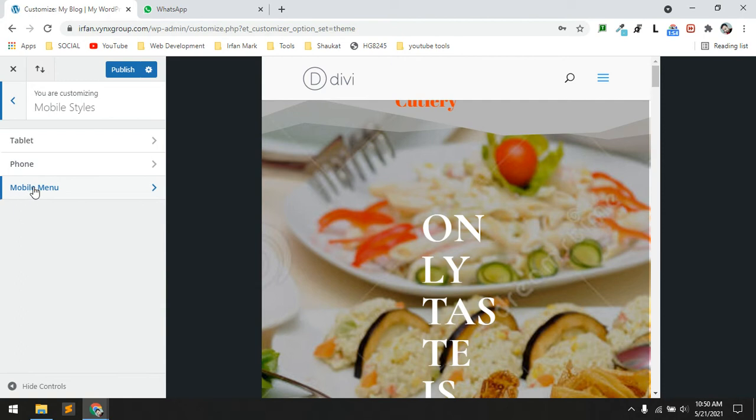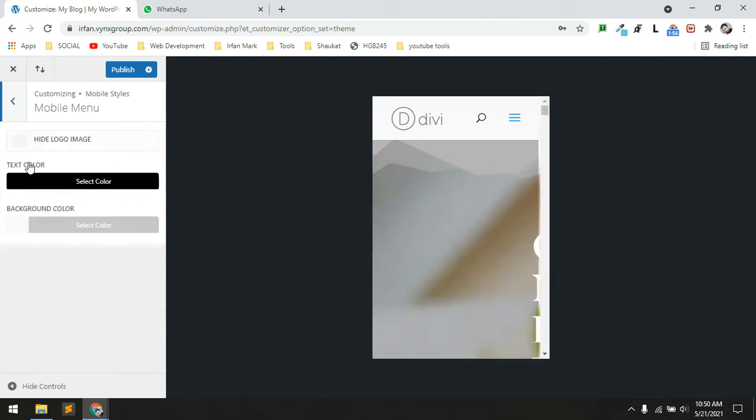Here is the mobile menu option. Now here you can see hide logo image. Click on it and now you can see the logo is hidden. So publish it